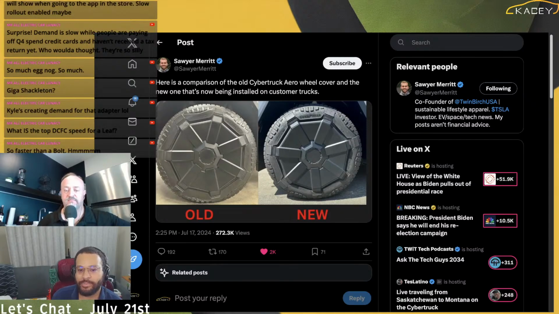The one thing that has been brought up, people said, well, maybe because you're not going to install it directly. Again, there's a one pager in the manual on how to take off and put on the covers, so I don't think it's that. I think this other rumor is more likely: when they go to put on your covers, they're going to note if you have any damage from the old one and replace your tires if you are unsafe. That is so plausible that that is what I'm going to start saying from now on, because that would make perfect sense.